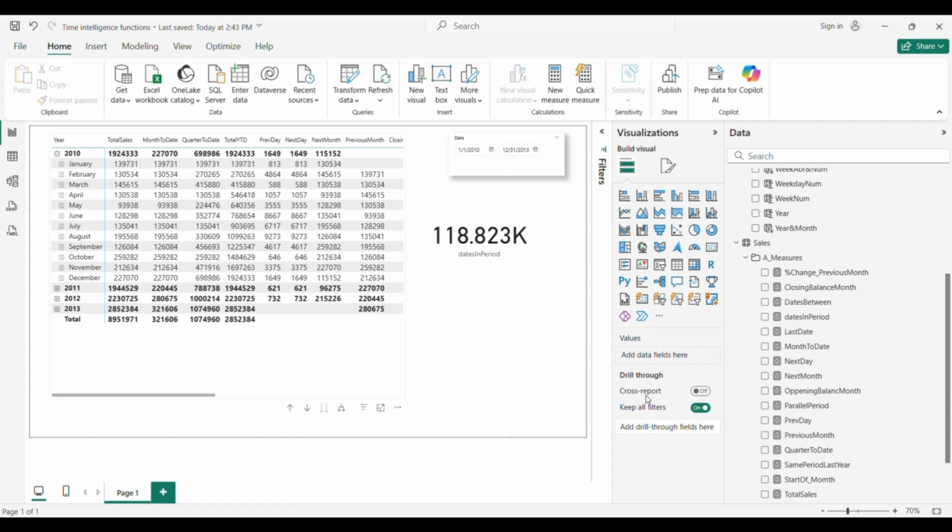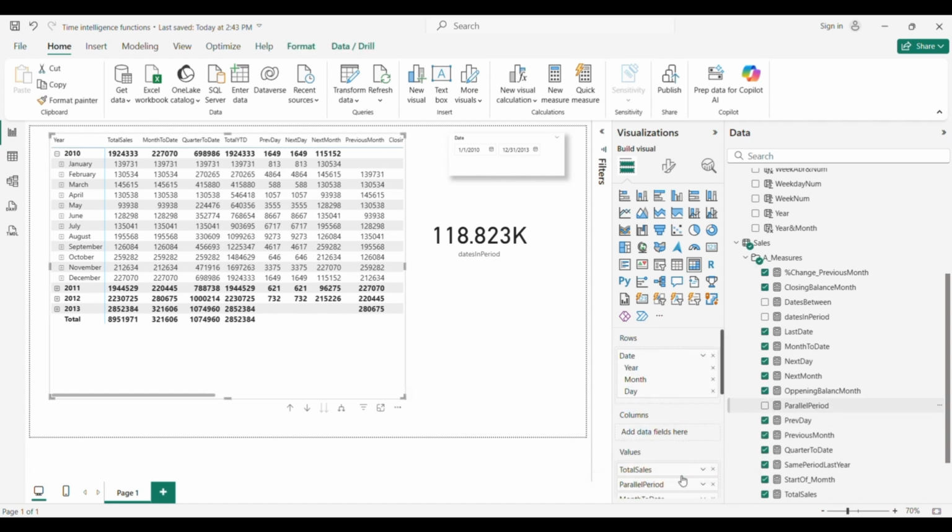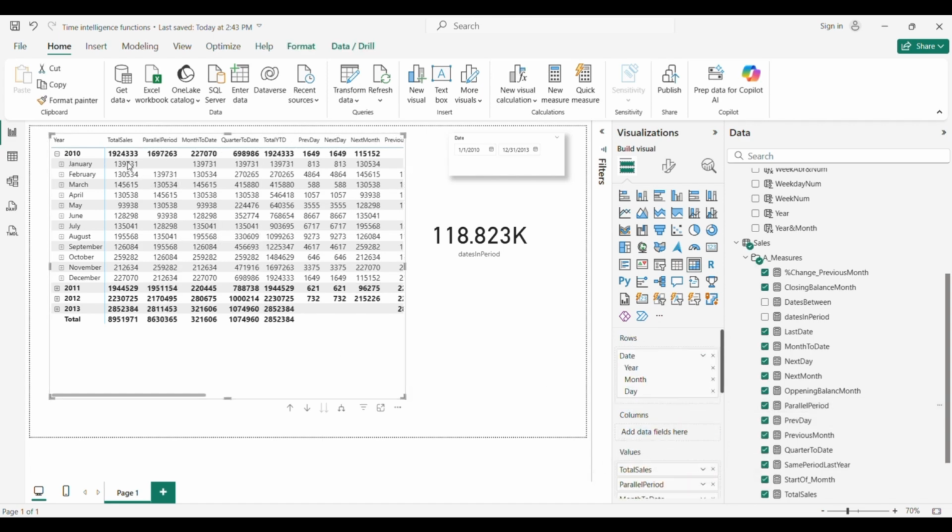And we will add our measure after total sales. So in this case, as you can see, 1 month was shifted back because this is what we wanted.